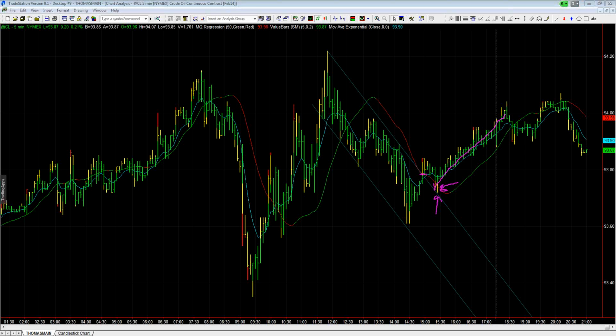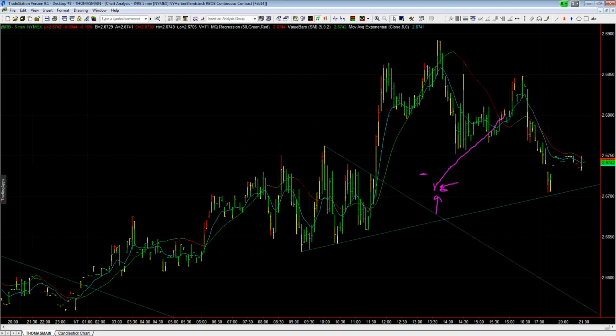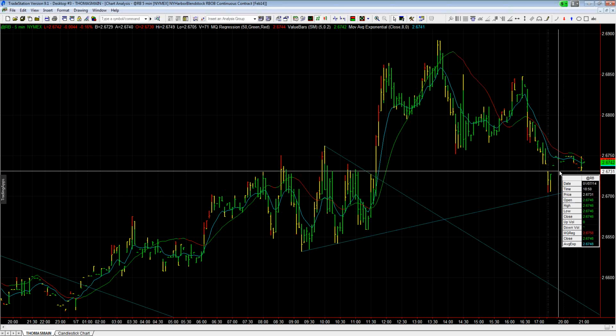Make sure you're trading a market. You want to have a market that has volume in it. You want to have a market that is actually moving. So, for example, right now, if you look at RBOB, right now, you don't want to be trading RBOB a breakout right now because there's no volume. Look at how choppy this is. I mean, you're talking 2 or 3 contracts traded.